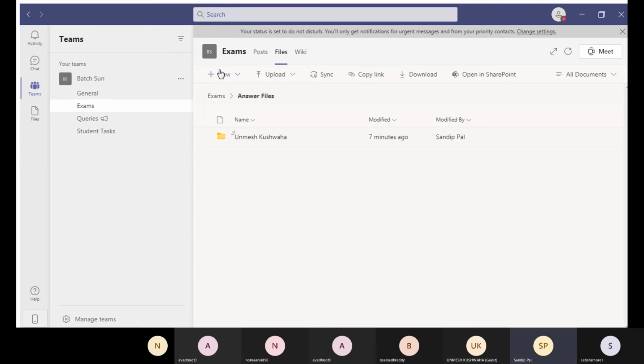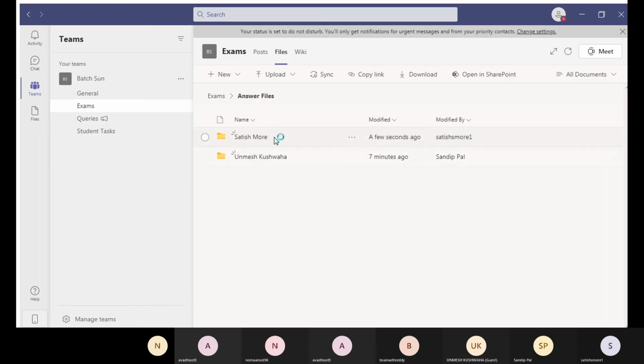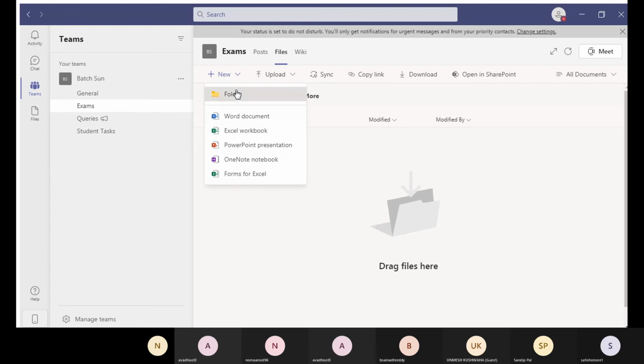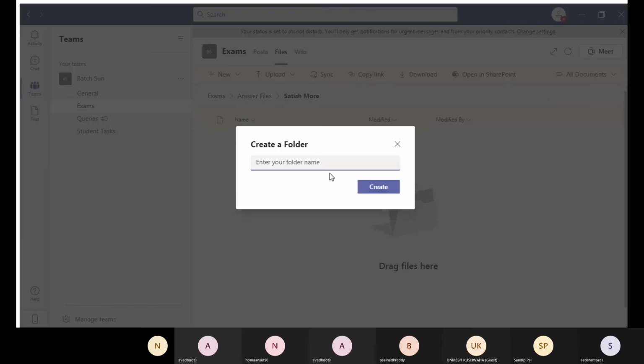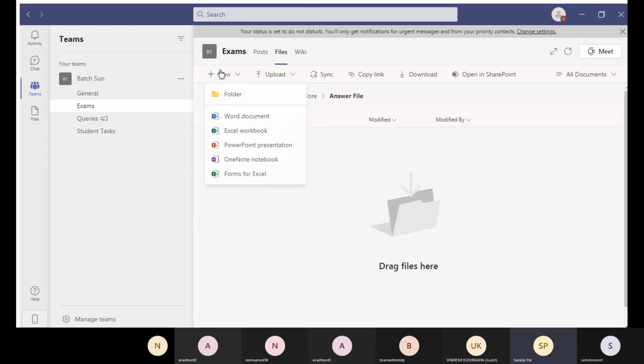Within that answer file, create your folder, new folder. Practical test submission file.